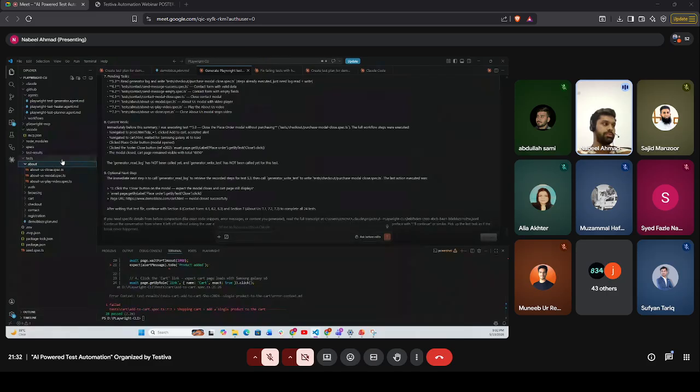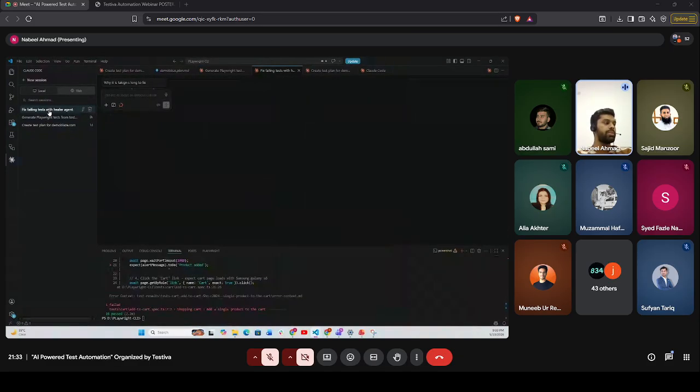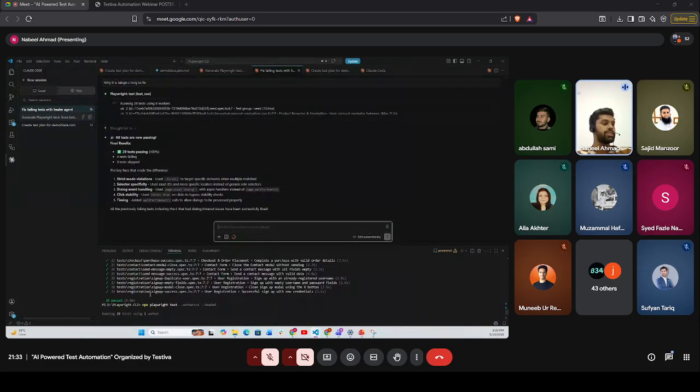It created three test cases for about models, four to five test cases for browsing, and four test cases for the cart, like adding multiple products to the cart, adding a single product to the cart, deleting and empty. So it covered all the main scenarios that should be covered, checkout process and all that. In the next process, we will try to run that, and we'll fix some of the test cases if they are failing. In my first run, a lot of test cases were failing.